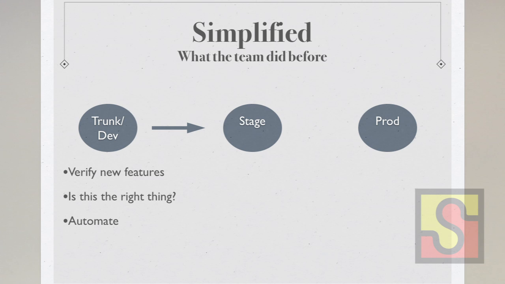We might automate, so we might write some Selenium tests. We may defer those Selenium tests because we don't have time, but we'll write up a user story to implement those Selenium tests. When I say automate, I include developer level tests. There can be a lot of disagreement about what the unit test is, but developer tests. Now, when QA again verifies and says this is golden, we push it to,